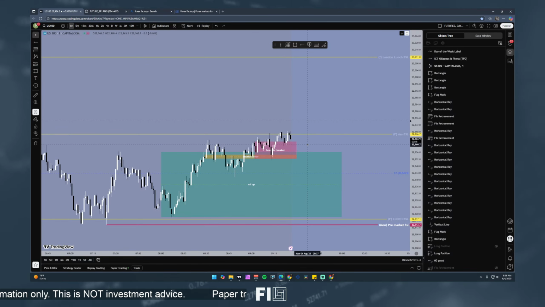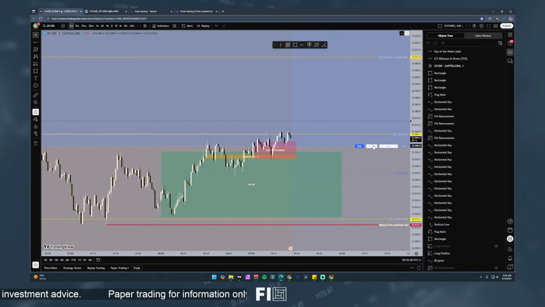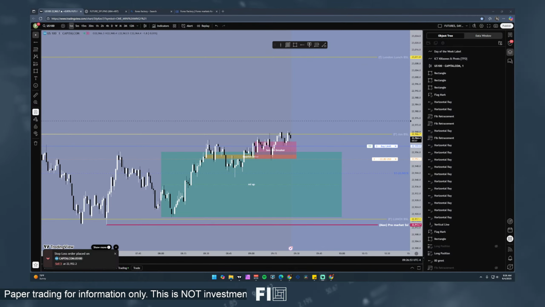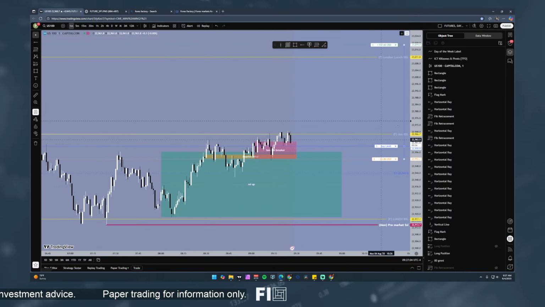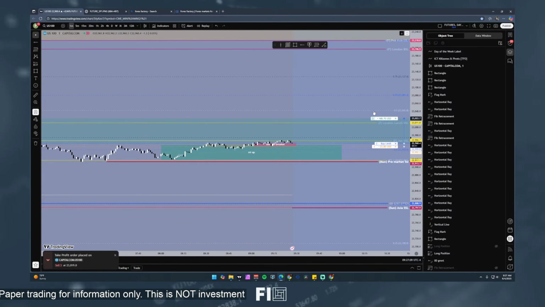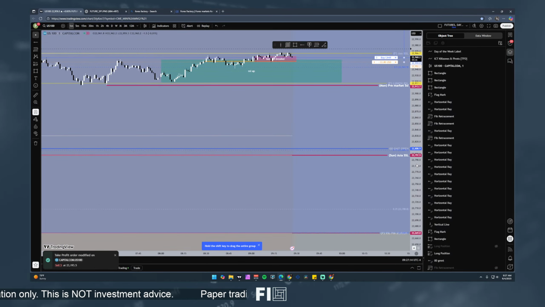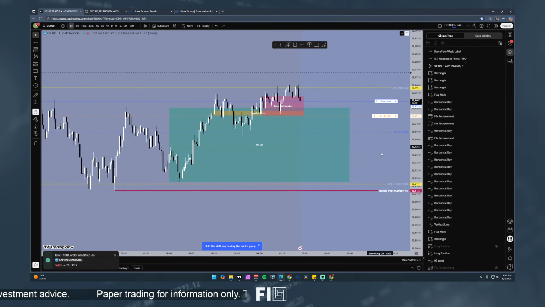We're looking to see if that was all that was needed to expand up to higher prices. In the meantime, I'll be referring to this entry here. Buying 3 lots, setting my stop loss down to here, and seeing if that will continue the expansion going up higher. Okay, how high? Up to London's buy side liquidity pool. And we have until 9:30 for this to